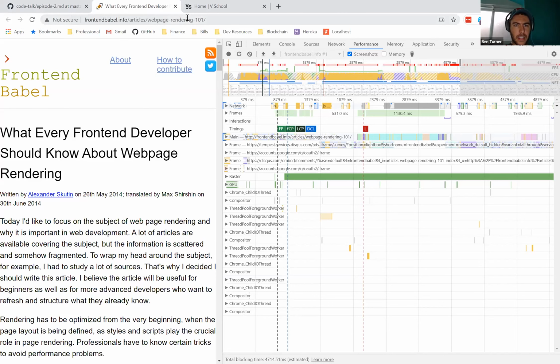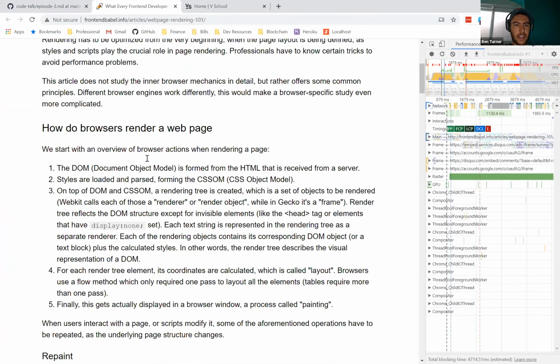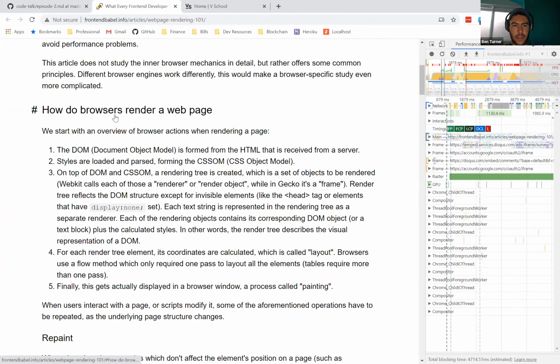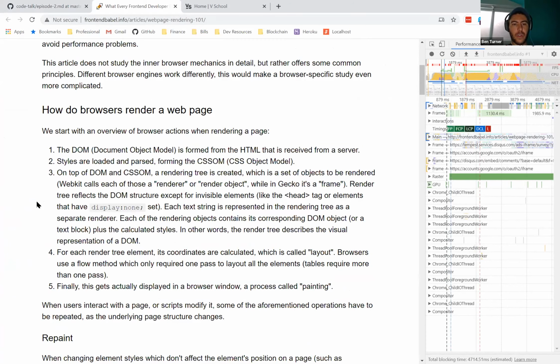And if we look at this section here, how do browsers render a web page? These are basically the steps that the browser takes in order to go from that initial load of the HTML file to seeing something on the page. The very first thing is we get the HTML.